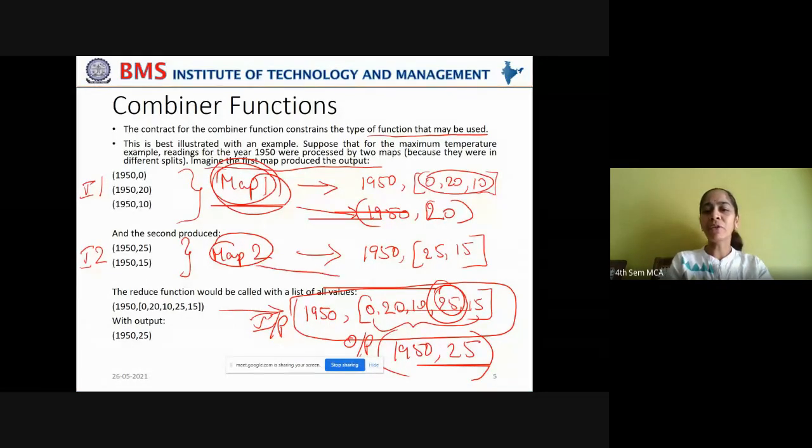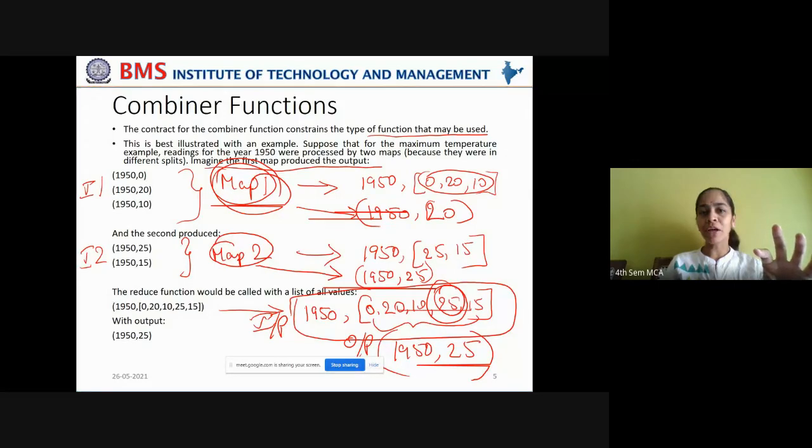And the combiner runs on the map 2 task also. And what is the maximum temperature that is recorded in 1950? 25. So this is taken by the combiner function. So what is happening now?